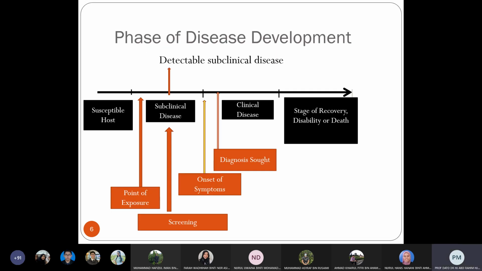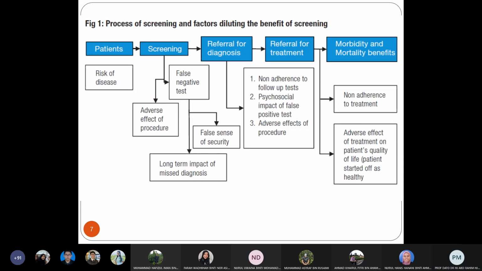Okay, so screening is at the level of subclinical disease before the onset of symptoms. So we have a risk of disease. Any people have a risk of disease. We are all healthy, inshallah. We are all healthy people, but we have the risk of a disease. So when we do the screening,